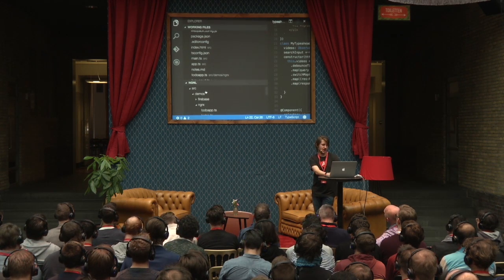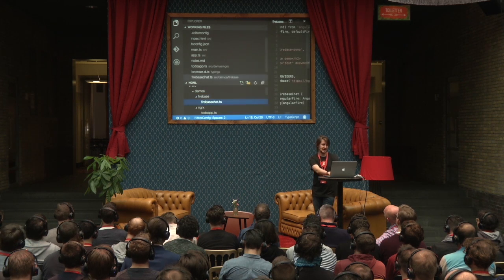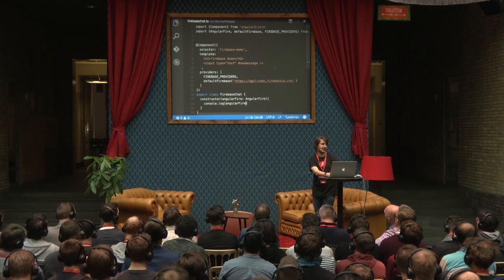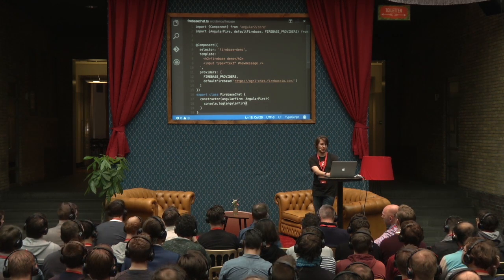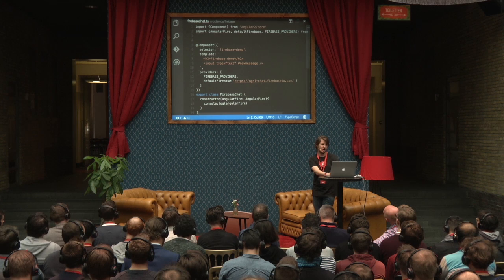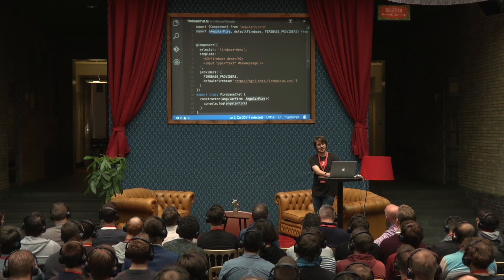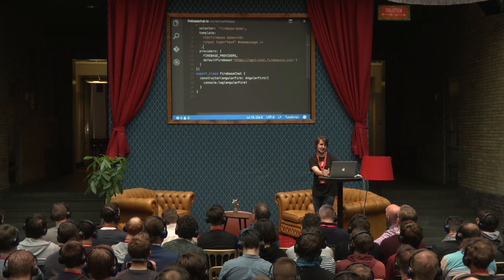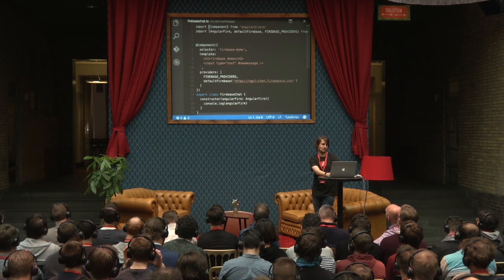So one of the things we get to work on on the mobile team is the AngularFire project. So we've got the new AngularFire 2, which is an early alpha. This is Firebase for Angular 2. So we've got an AngularFire library here. We've got an AngularFire service. We've got the default Firebase, and I've set up a new chat Firebase here. And we're going to do the same kind of basic thing we just did. What we're going to do